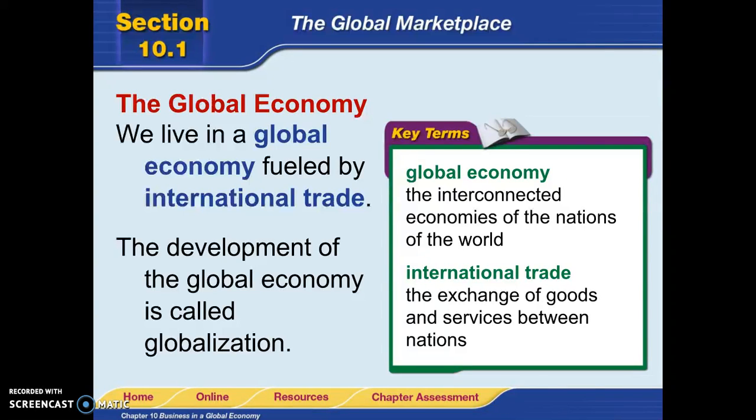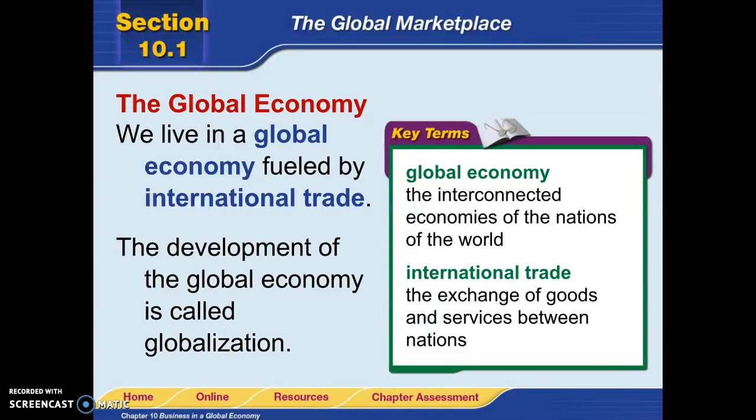All right, so when it comes to a global marketplace, which is what the world has become, a lot of trade and business amongst different countries on a global scale, currently meaning that we live in a global economy, and a global economy has to be fueled by international trade. Now, when the global economy is developed, that is considered globalization. So, with the emergence of technology, global economy and international trade have obviously exploded onto the scene in the way that different items can be traded in terms of imports and exports with different countries in providing goods and services